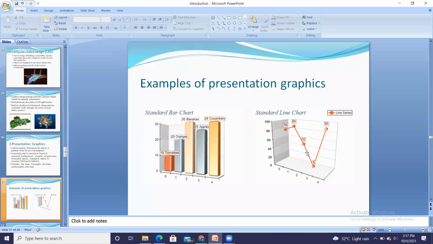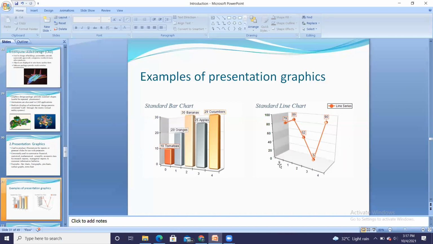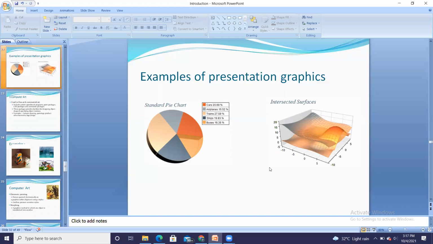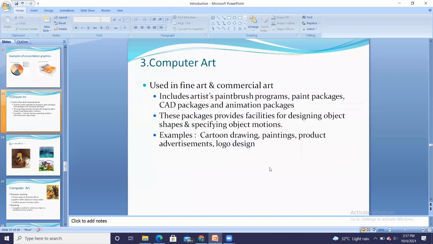Similarly, this is a line chart, a three-dimensional chart where with the help of lines you can represent the data. Similarly, there is a pie chart, then intersected surfaces, which are also called fractals. So we are going to have such representations by using computer graphics.